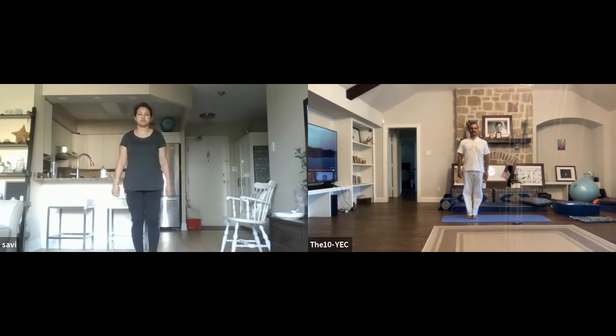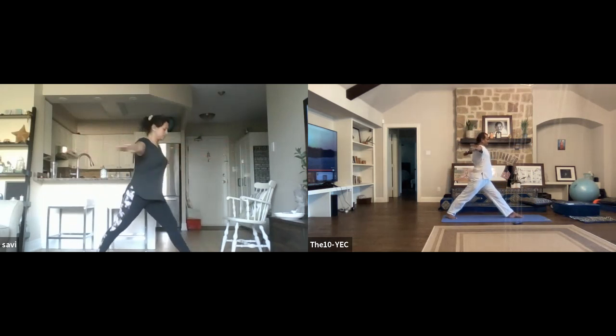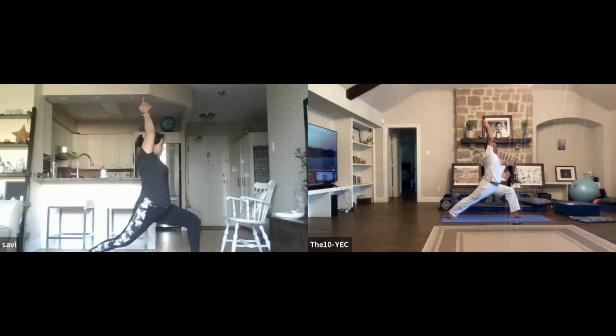Now let's do triangle warrior. Take a big step. Be aware of the edges. Be one. Now turn about left side, about 90-degree angle. Make sure that your heels are in one line. Lift your hands up. Make sure that the palms are glued together, elbows are straight, shoulders glued to the ears, and sit down. Sit down until your left thigh becomes parallel to the ground, right knee is straight, and you're shooting from the